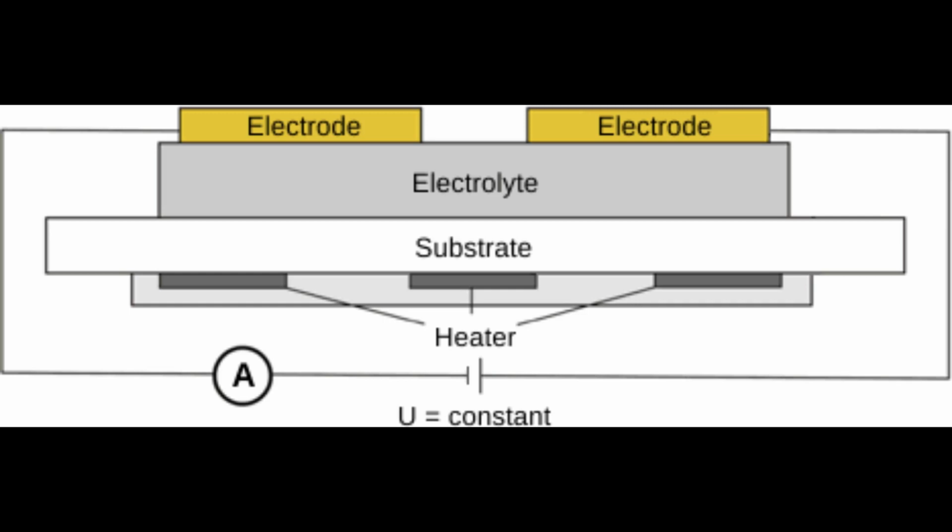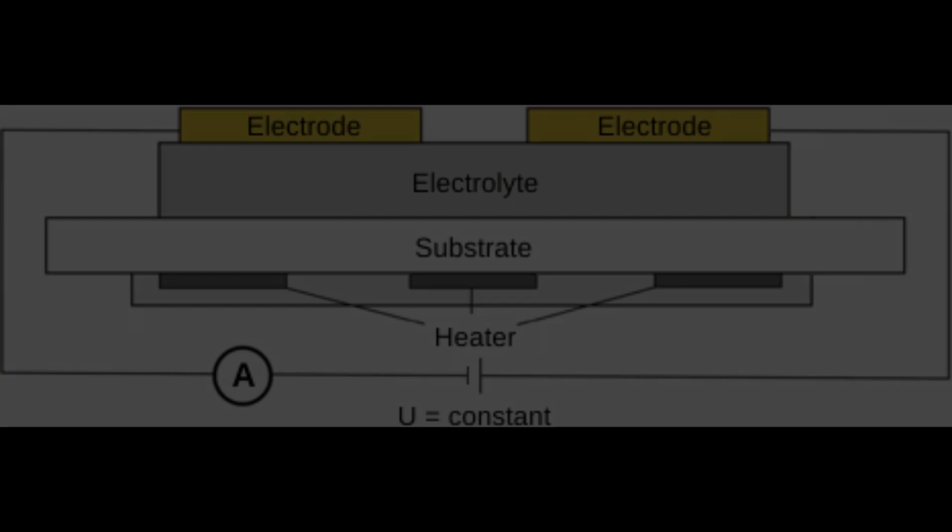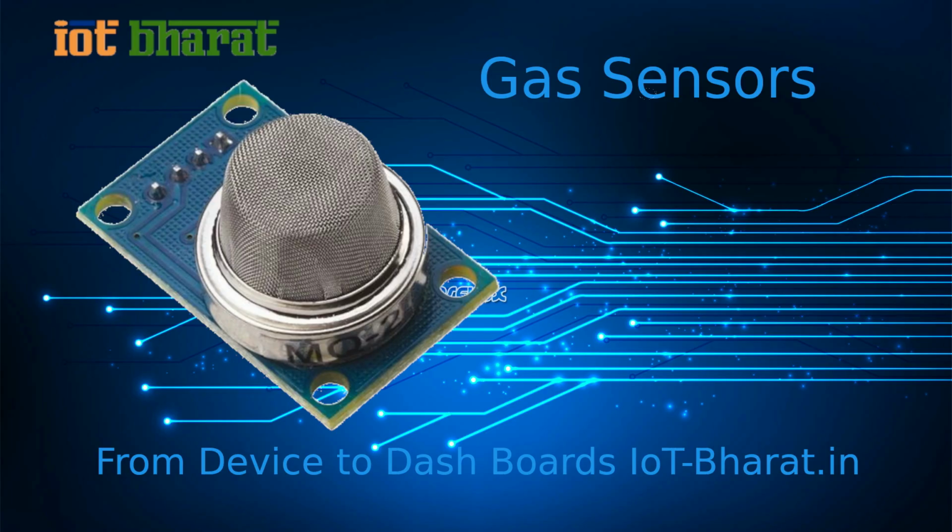To get a signal from the sensors, a pair of high temperature electrodes such as noble metals, platinum, gold, or palladium, or other metal oxides are placed on the surface, and the electrical signal such as the change in voltage or current is measured as a function of nitrogen oxide concentration.